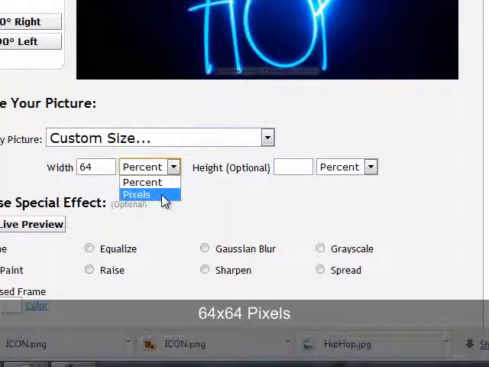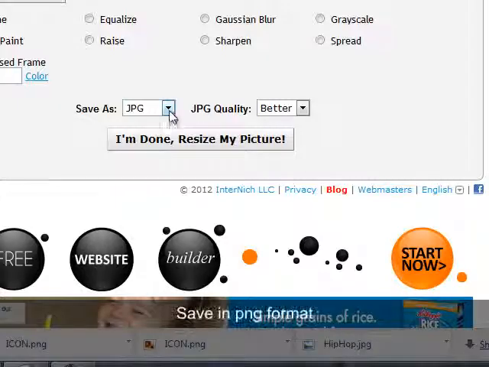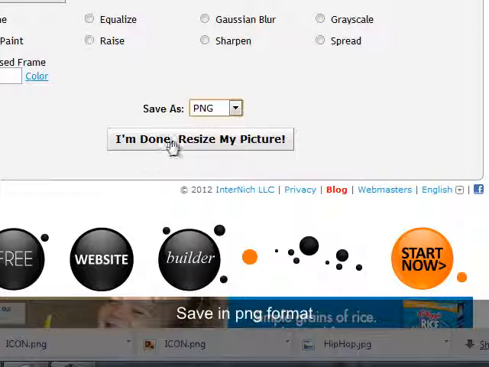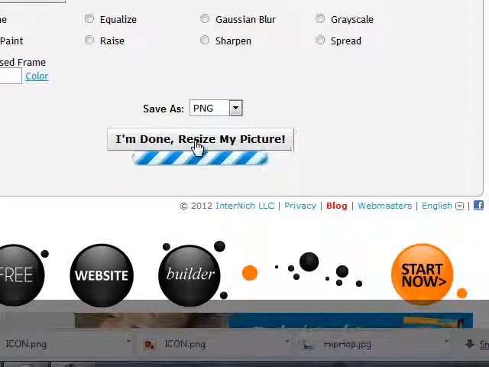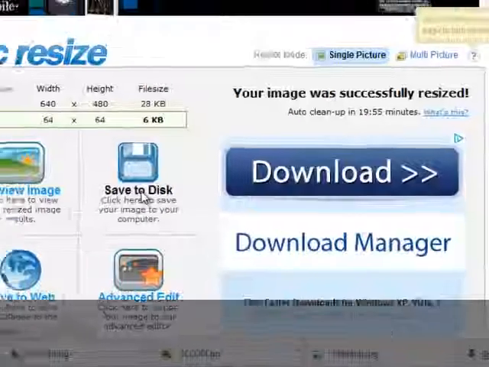Make sure you change it to pixels by 64 pixels. Scroll down towards the bottom, and we want to change this to PNG, and I'm done. Resize my picture. Okay, and then you want to save that to your computer, so hit Save to Disk,